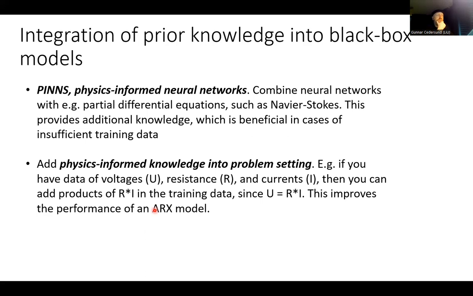And the reason for that is that you know already from first principles that the resistance times the current, or times I, is actually what is equal to U, if you have the normal equation. And then maybe you have some nonlinearities and some other things that make this a little bit more complicated, but this is the first approximation. So therefore, having a variable like this will probably greatly enhance your ability to predict the U here.